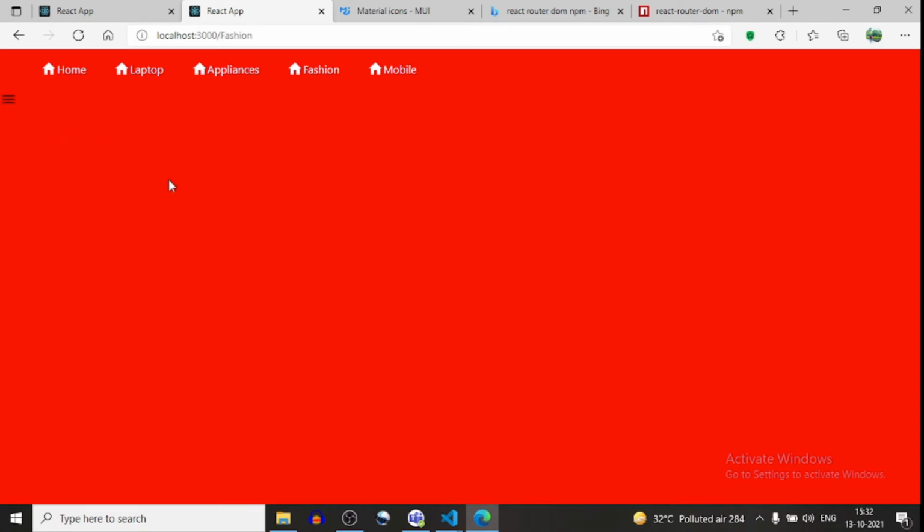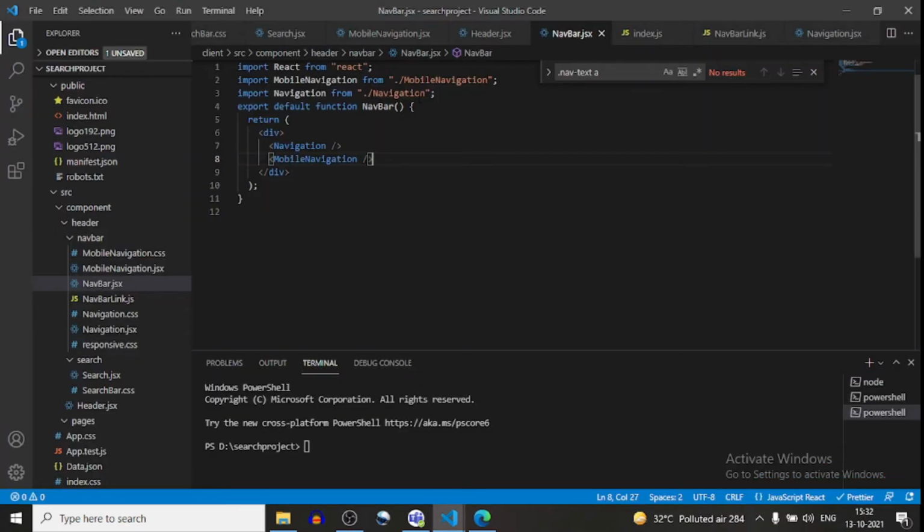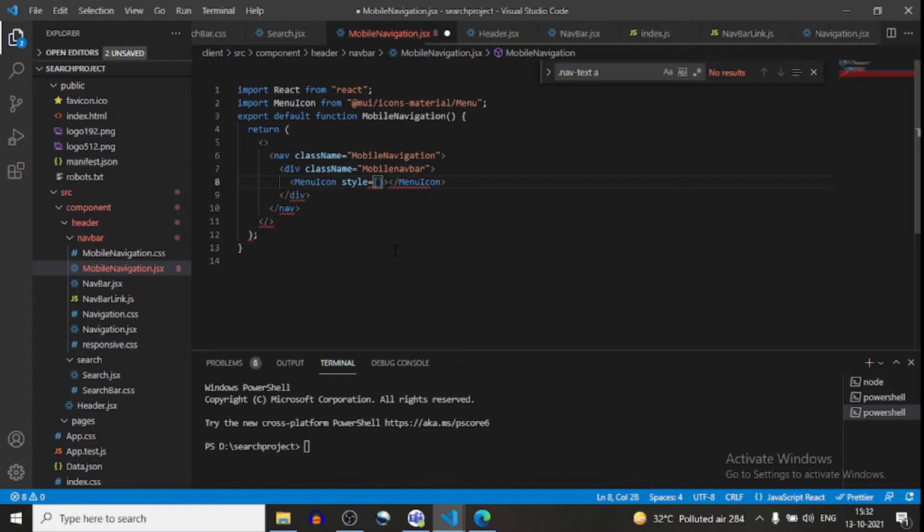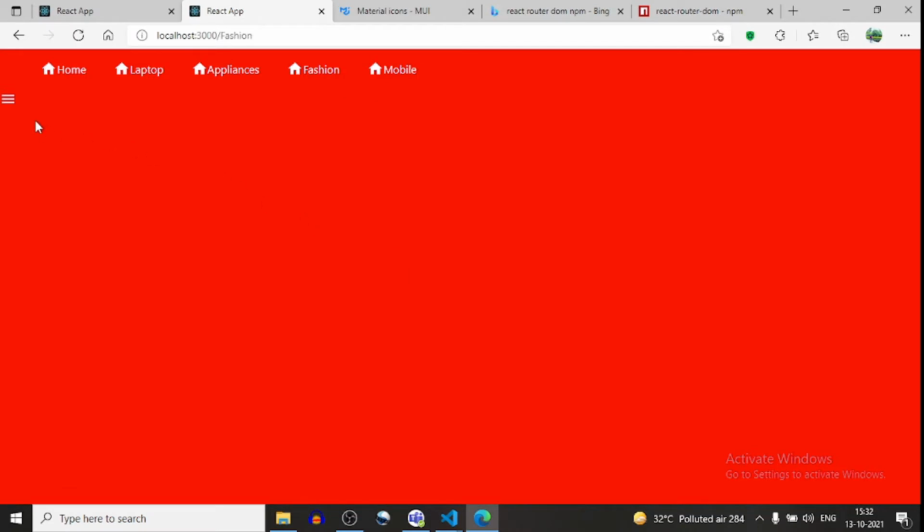Now we have to apply the CSS on mobile navigation, and here I will apply style equal to color white. Now you can see the color is white.